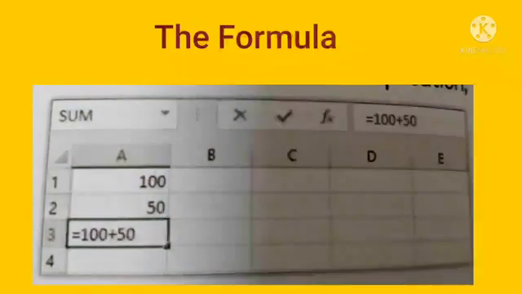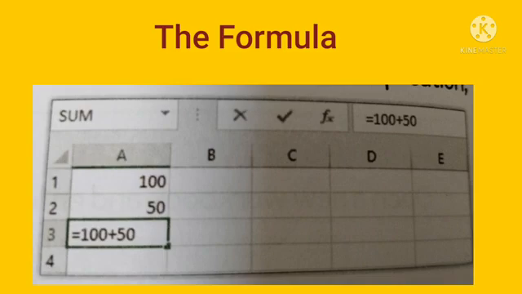To make calculation work, a formula is required, which has a reference of the cell address. A formula may consist of operators like plus, minus, multiplication and division, cell addresses or values. Students, always remember formulas start with an equal to sign.